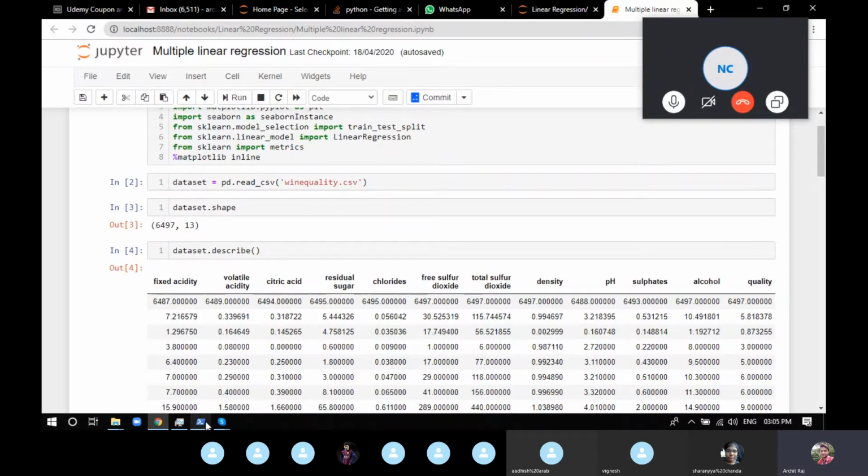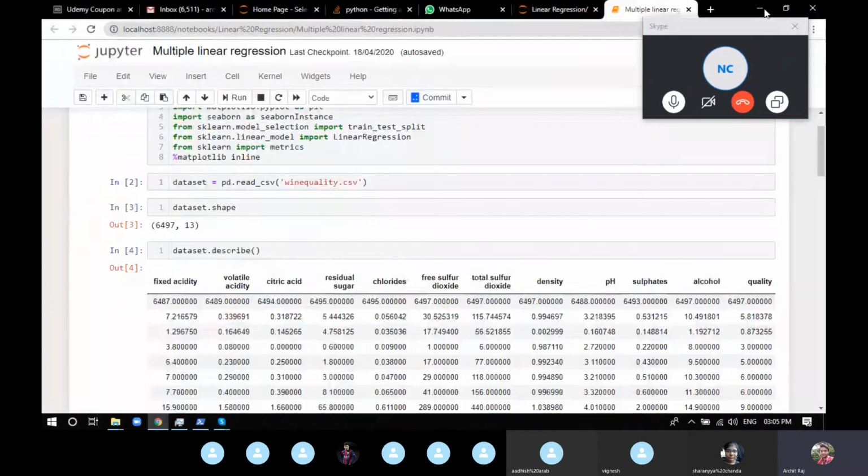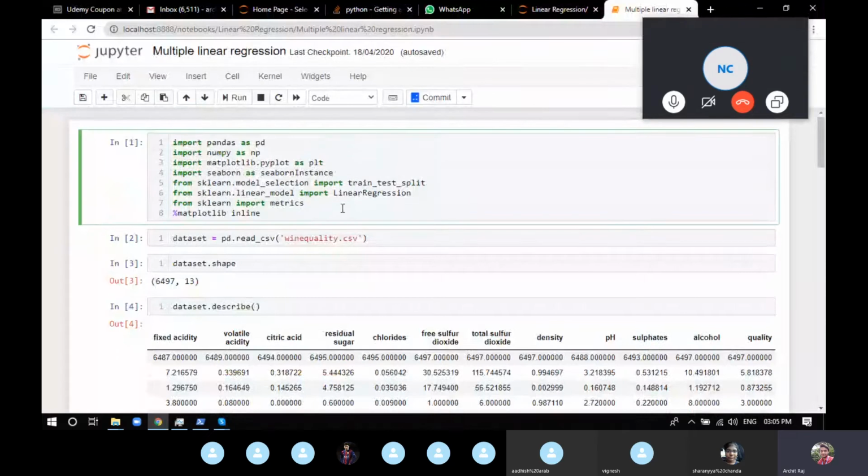So what do we have to do in that scenario? The same mathematics that we tried in the simple one applies. And if you have to apply it in the coding part, in Python, you literally do not have to write anything extra other than what you have written in linear regression. It's exactly the same. So we'll see it.